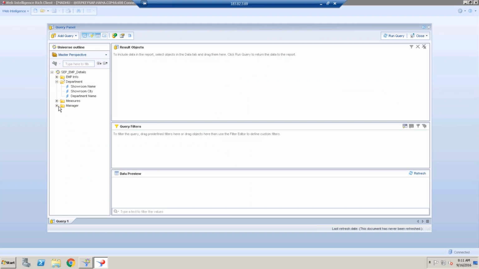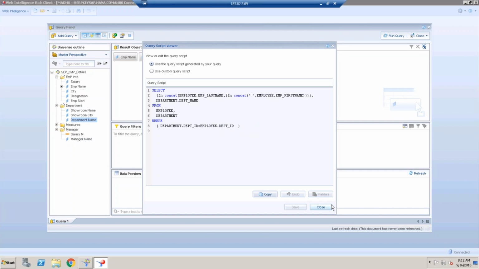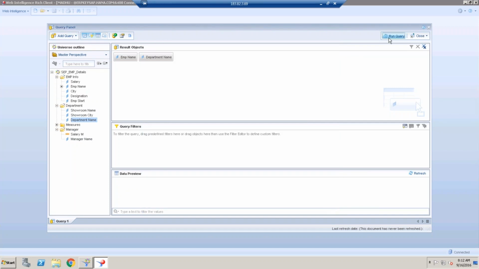Okay. Now that yesterday we discussed employee name, employee details and his manager name, right? Now I want to see which department the employee belongs to. When you execute the query, you will see select employee name, department name from two tables, right? When you run the query,